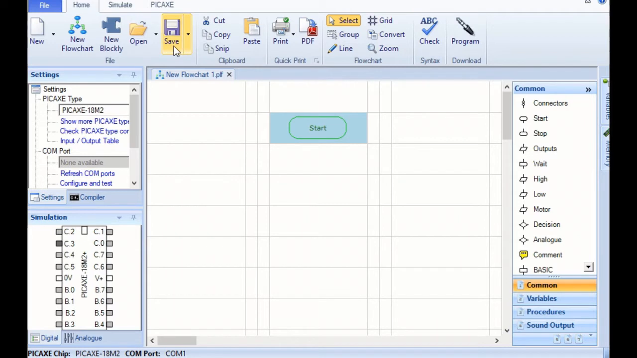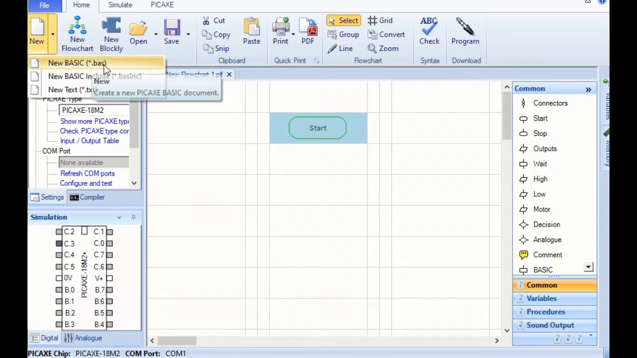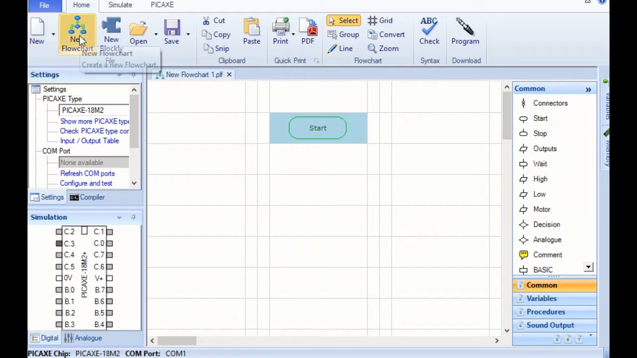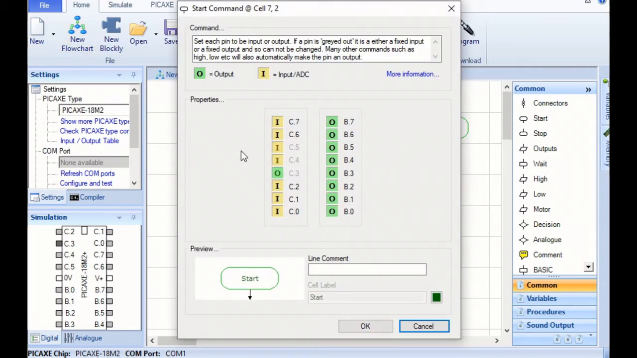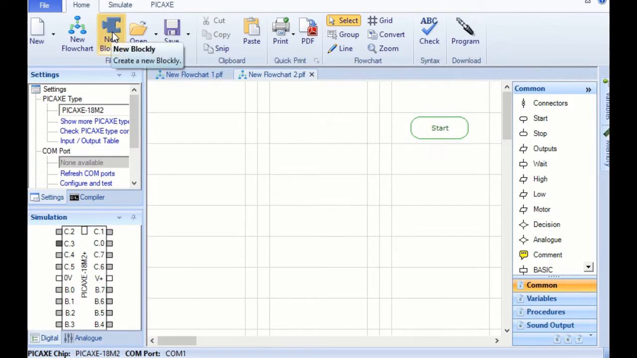Pickaxe Editor is a very simple program to use. Once you've installed and you open it, let's look at the layout. There is our new tab where we can start new text or basic documents. There's a new flowchart. When you click it, then it opens up your interface for your specific IC that you are going to be programming. Block is a